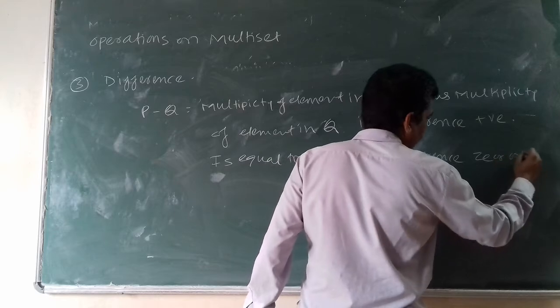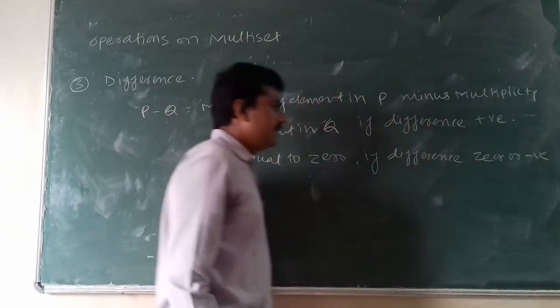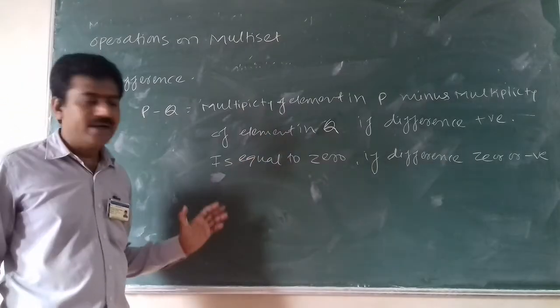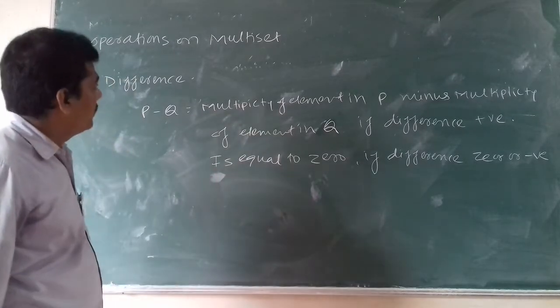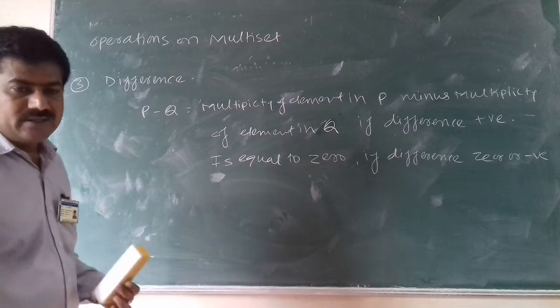If the result is 0 or negative, then the multiplicity is equal to 0. That is the difference. So for example,